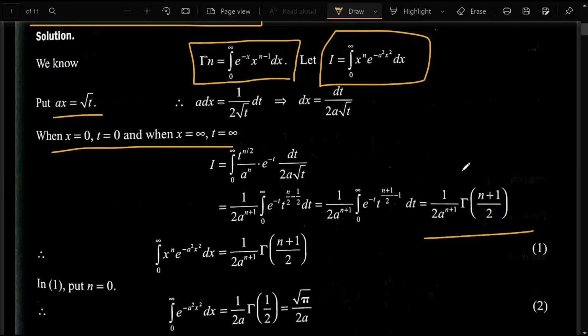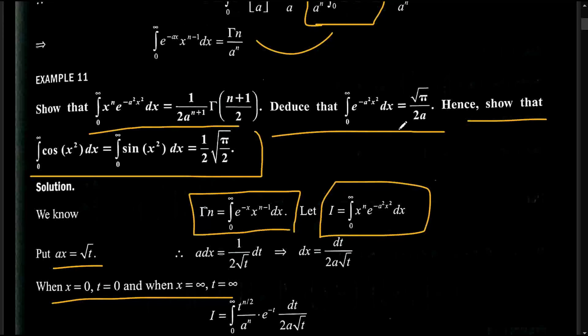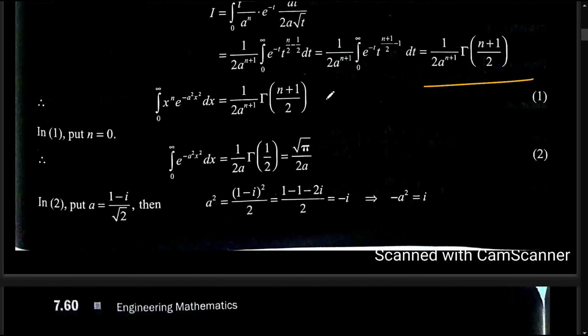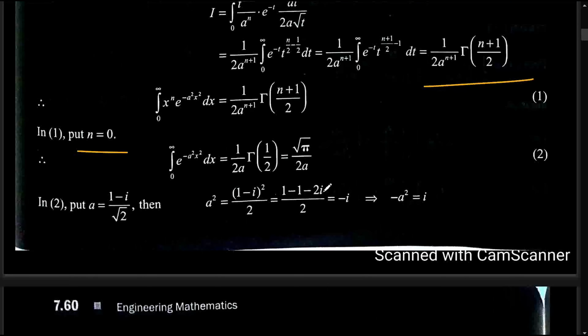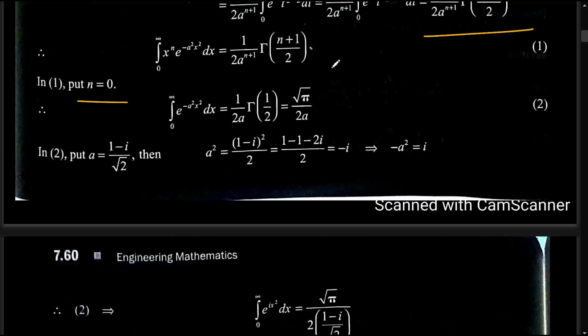So the first step is simple, and now in the next step we have to deduce this from this. By just putting n is equal to 0, you get this. So this is nothing but the second needed thing which we had to deduce from the previous thing which we got. So from this we deduce this. So the second problem also gets over.